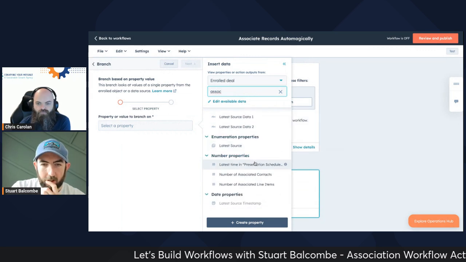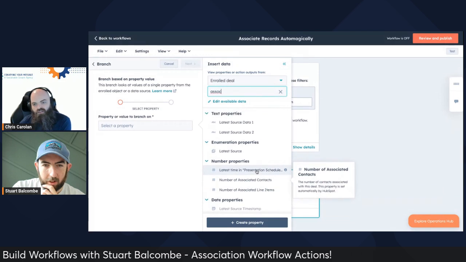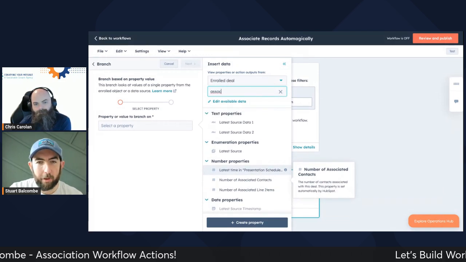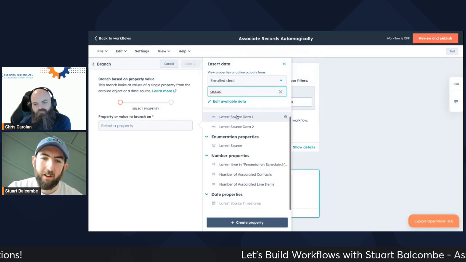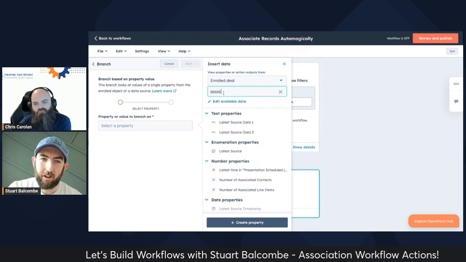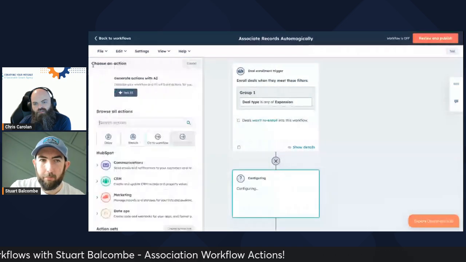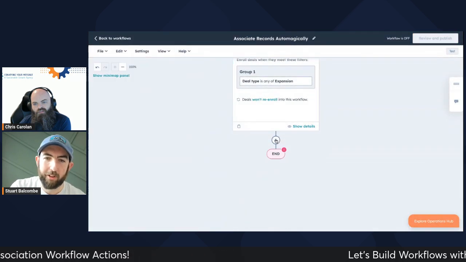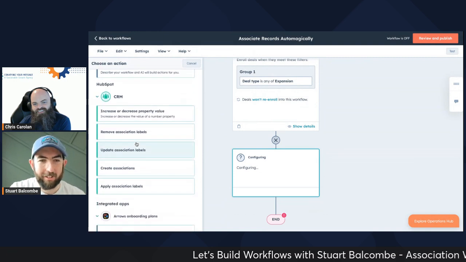Totally. This is what I was going to look at. What's interesting is this is the thing that I was sort of hoping I would be able to see, like if you could check in a workflow for if an association exists, which it doesn't look like you can. But I guess to a certain degree it doesn't matter, because you can just brute force it with the thing that everybody's actually talking about, which is